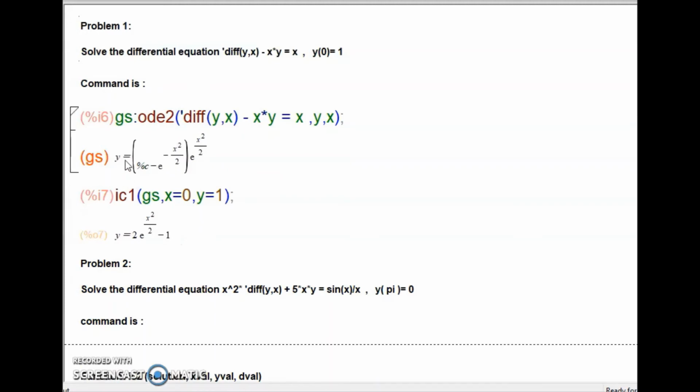In order to differentiate the general solution and particular solution, I am going to name it as PS, which is the particular solution. Going to rerun this. Okay, now you can see this is the general solution and this is the particular solution. Now let us move on to the next problem.